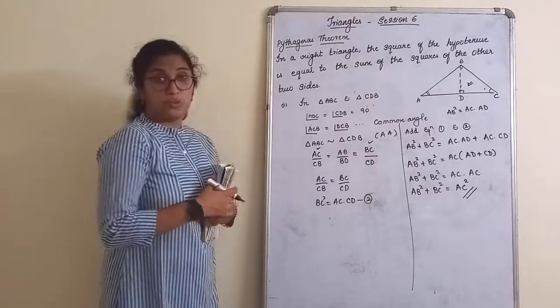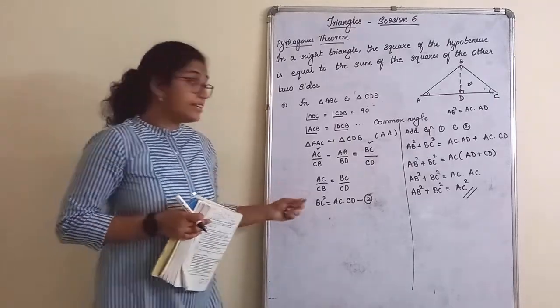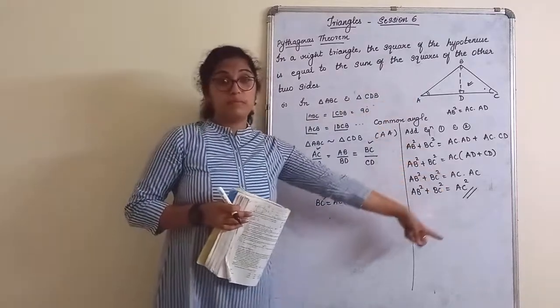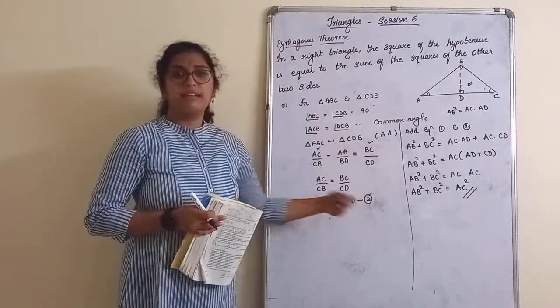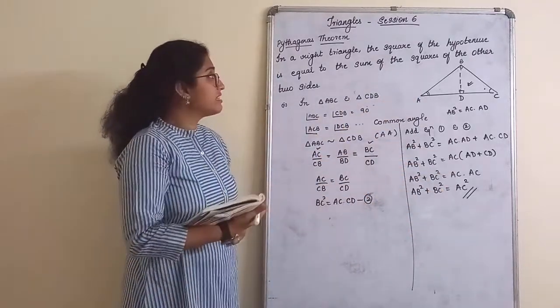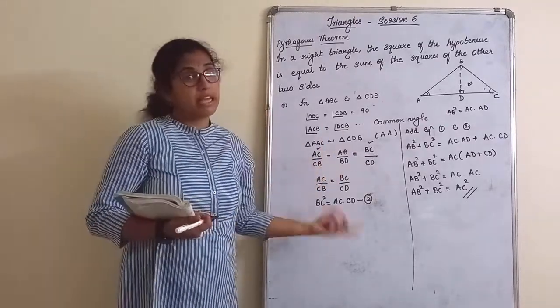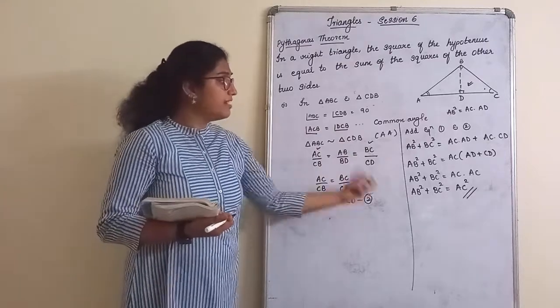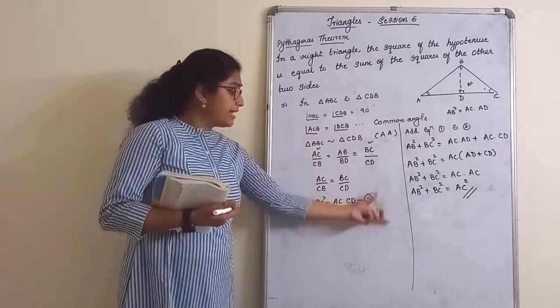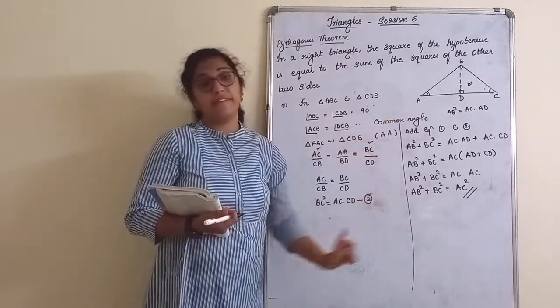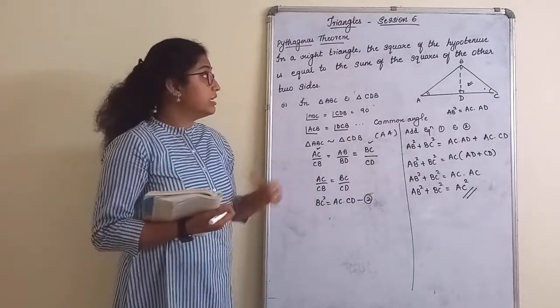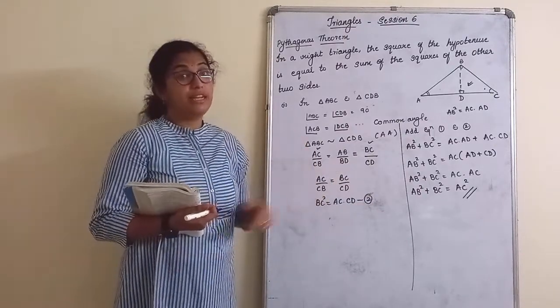Actually, it is very simple. We have some other questions also where you have to prove it similarly. This is the technique. Same thing. See, there is nothing much great to prove Pythagoras theorem. We are simply proving two triangles which are similar and equating equations 1 and 2 and arriving at the final solution. Very simple, yet it is a very important theorem.